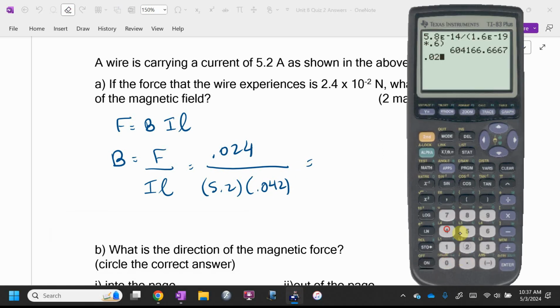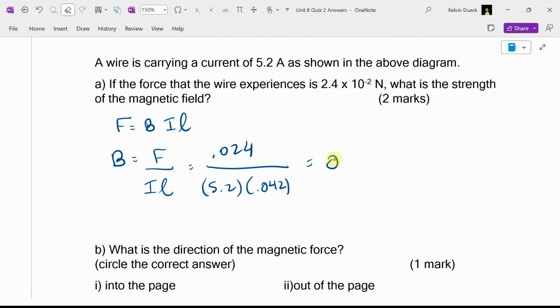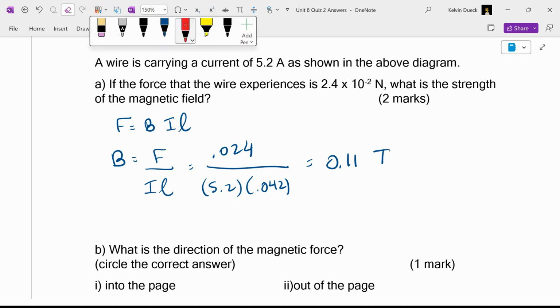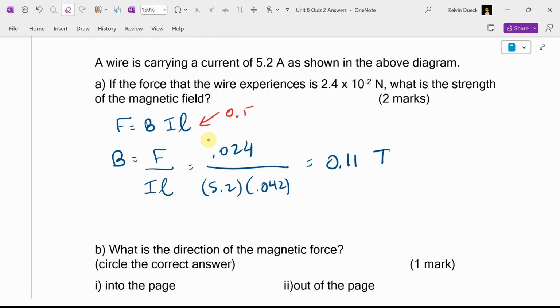So I'm going to get 0.024 divided by bracket 5.2 times 0.042. If I round that off, it's going to be 0.11 Teslas, 0.110. If you got that, 2 out of 2. Otherwise, same as before, I'd probably go half mark, half mark, half mark, half mark. These last two questions would probably make good multiple choice questions, because as I've said, in F equals BIL,